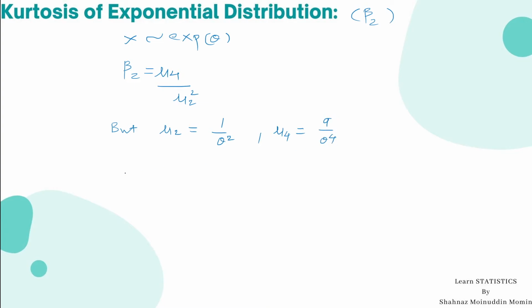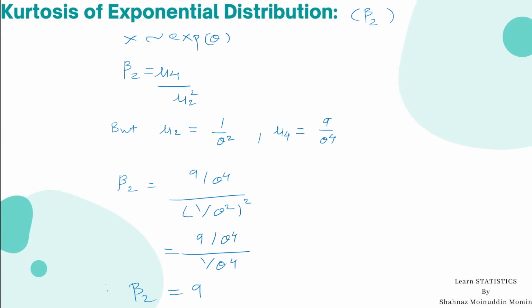Substitute these values in the value of beta 2, we get 9 by theta raised to 4 divided by 1 by theta square, raised to 2. So it comes out to be 9 by theta raised to 4 divided by 1 by theta raised to 4, which is equal to 9. Hence the value of beta 2, that is the coefficient of kurtosis, is 9,